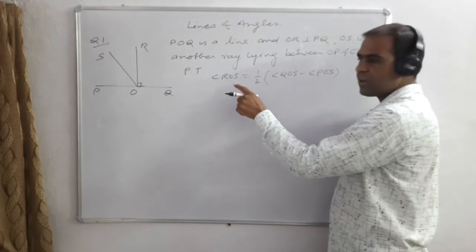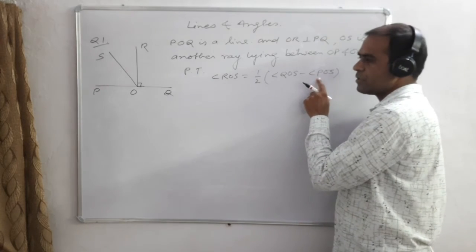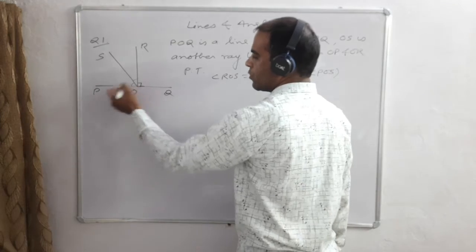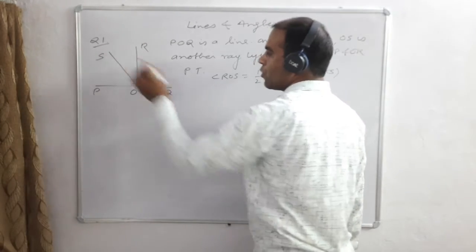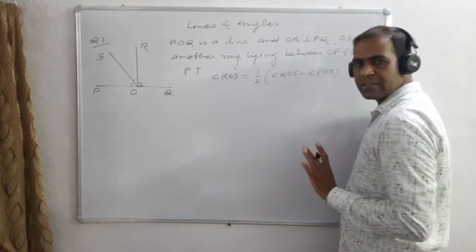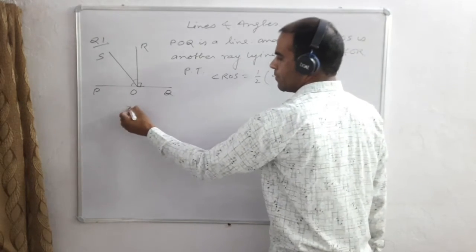Prove that angle ROS equals half of angle QOS minus POS. This is ROS, this is POS, and this is QOS. Find the relation between these three angles. So the solution of this question is